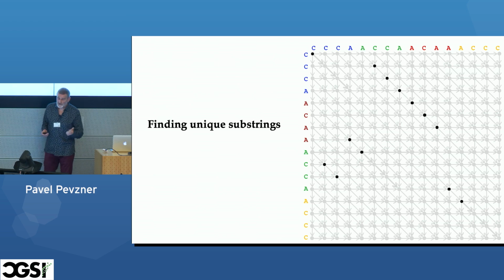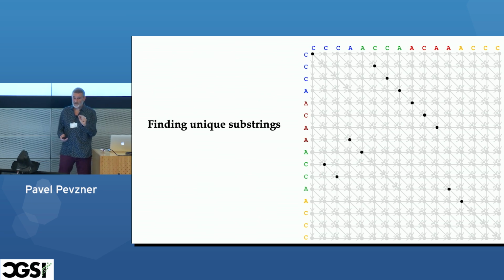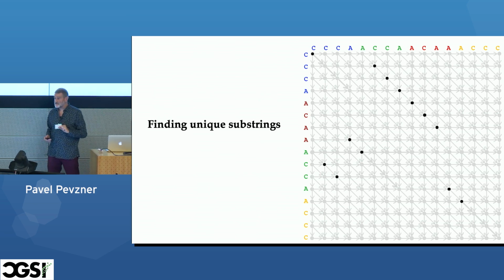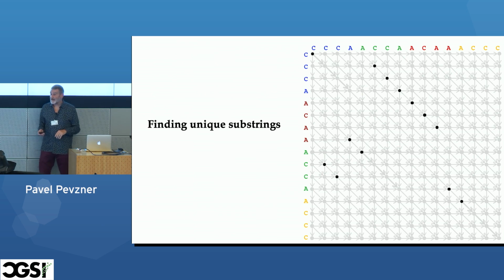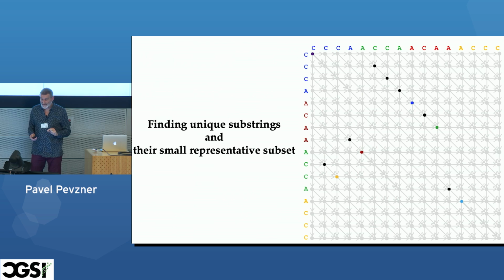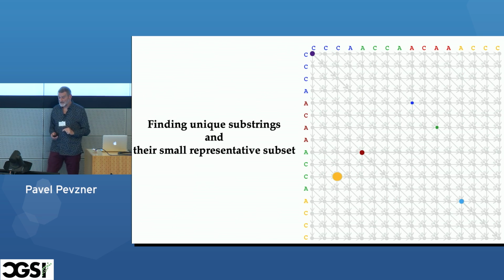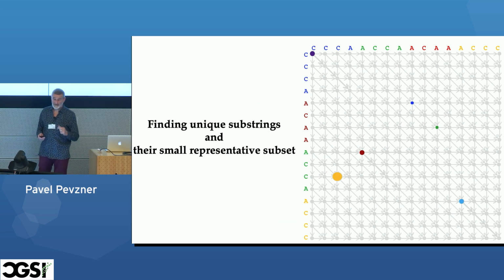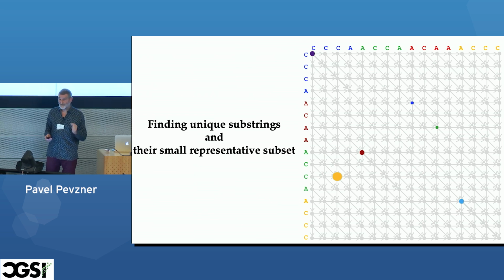So let's go to finding unique substrings. Here I showed by black dots every starting position of unique substrings between these two sequences. Not that many, not as many as I showed on the previous slide, right? And I won't actually be using all of them. I will only use some of them, carefully selecting. So those are the only unique substrings that I will be using, and then I will change them. That's what I'm going to show you: how to find these substrings efficiently and how to efficiently change them, so